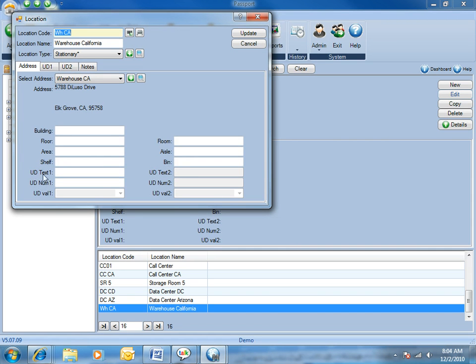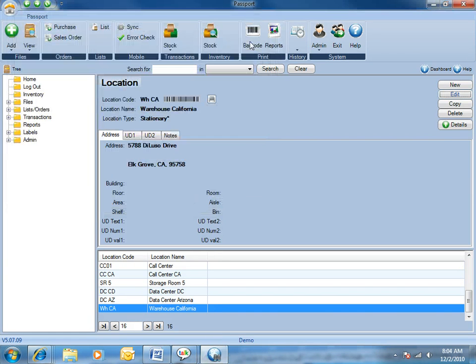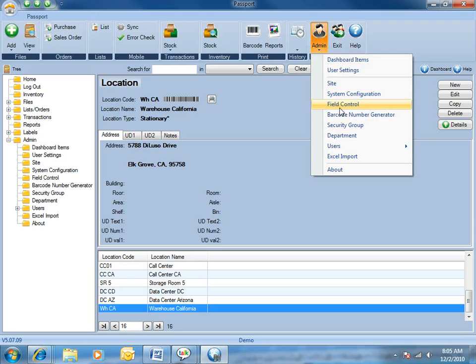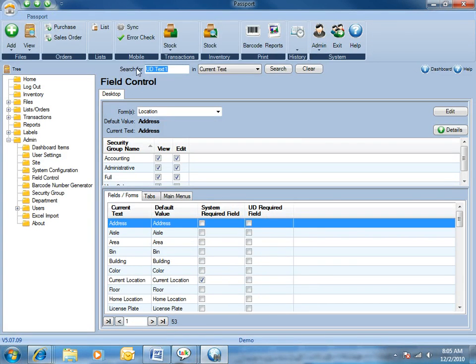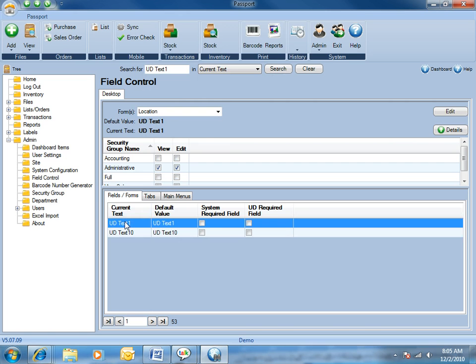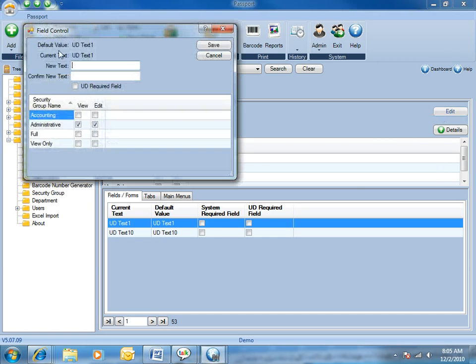So let's take this UD text1 field and let's rename this for something else. To do that, we'll come down here to the admin folder and select field control, or we can come up to the admin ribbon and select field control from there. So now we're going to look for the UD text1 field in the current text, and we're going to look for that in the location form. So we click search, and now we can see that field here,